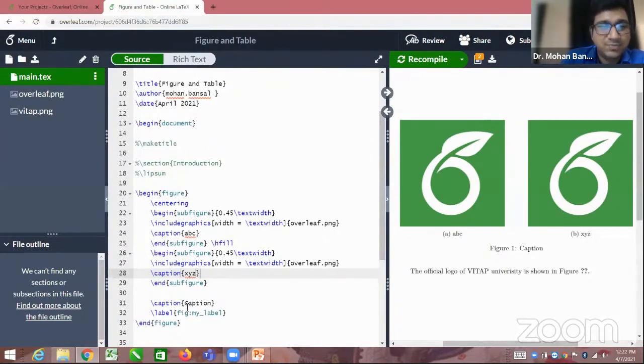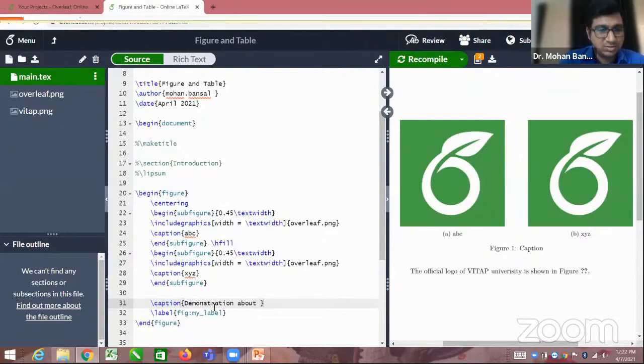Now here you can give the detailed caption: demonstration about ABC. This is given in figure A. So you can write A here in this way.